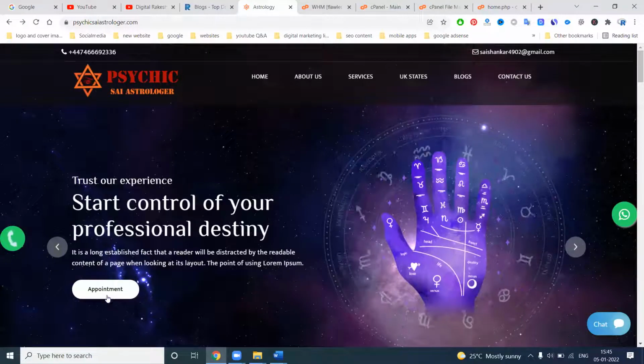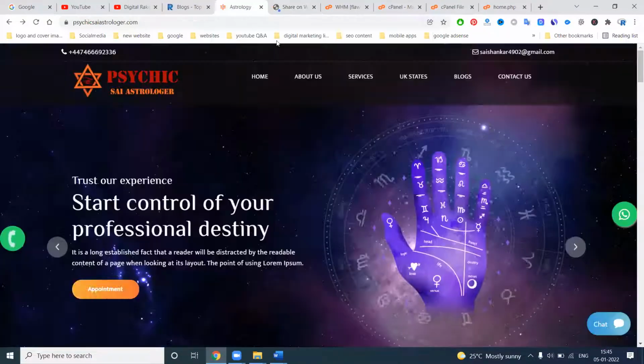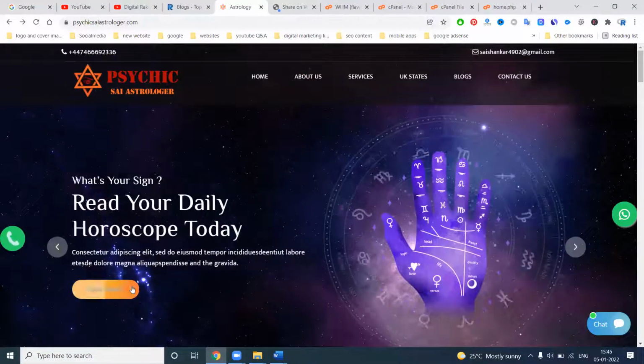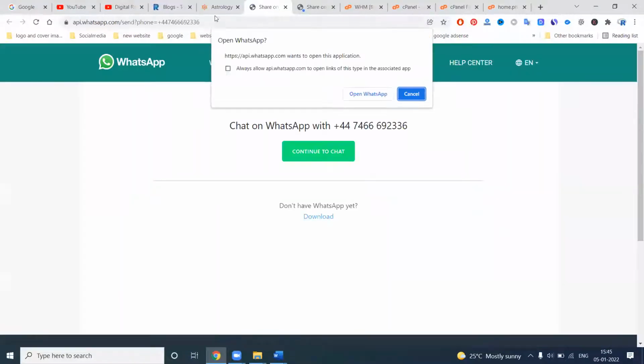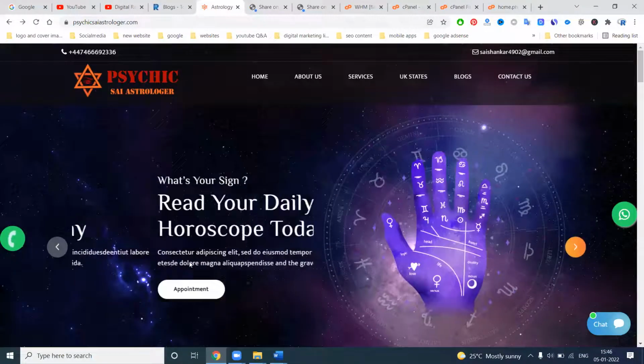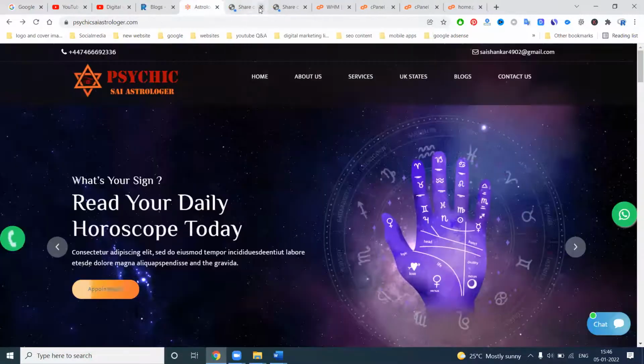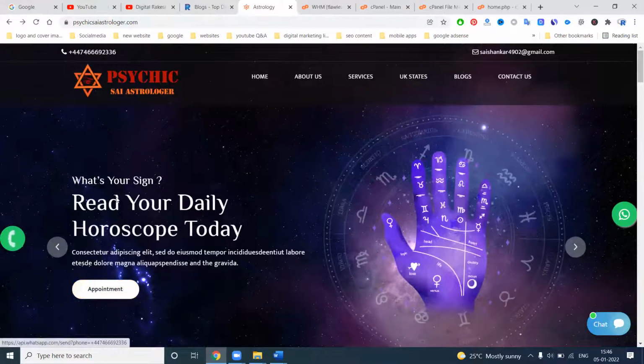Where exactly we can go, this appointment is there. Second image, second point here, third point. So these all will be given by option.